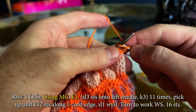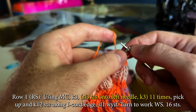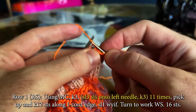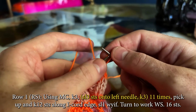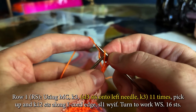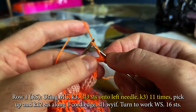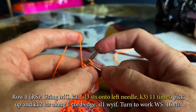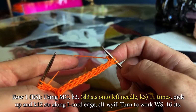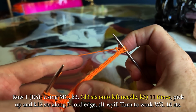Using main color, knit 3, slip 3 stitches onto left needle, knit 3. We're going to do that 11 times. Slip and knit 3. That was twice. Slip and knit 3. This is the 3rd time. Slip and knit 3. That was the 4th time. Once you repeat the instructions inside the parentheses, slip 3, knit 3, 11 times, you should have an I-cord this